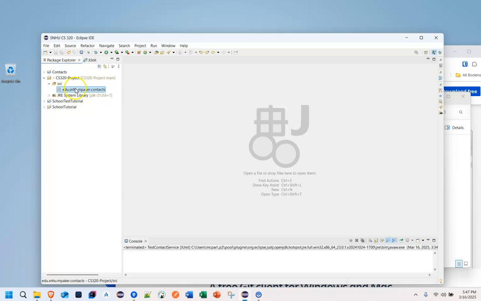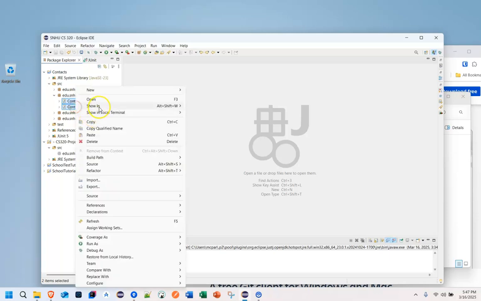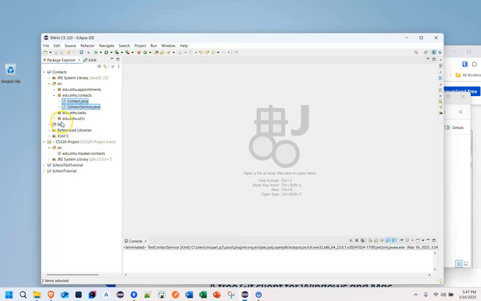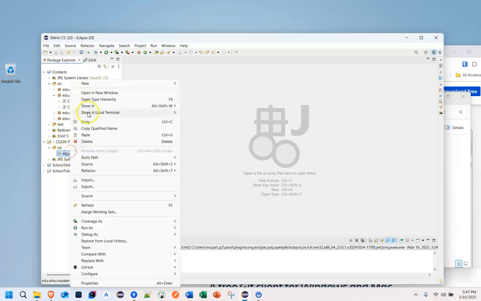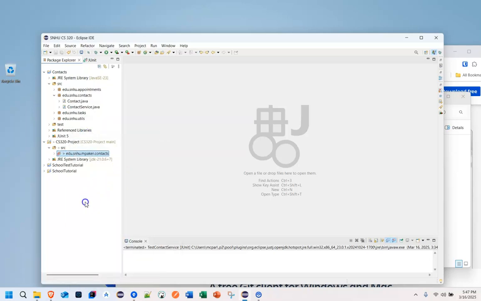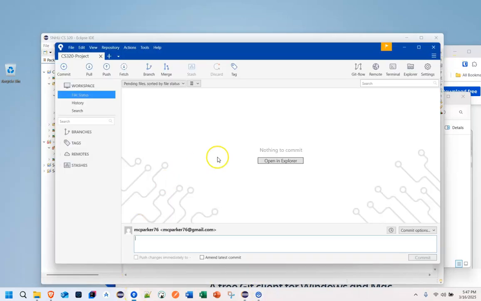And so here's where I would add all of my code. I've already done that work, so let me go ahead and just copy these two files there, and I'm going to paste them in there. I know I've got syntax errors. I'll fix that later. But what I want you to see is if I go back to SourceTree,